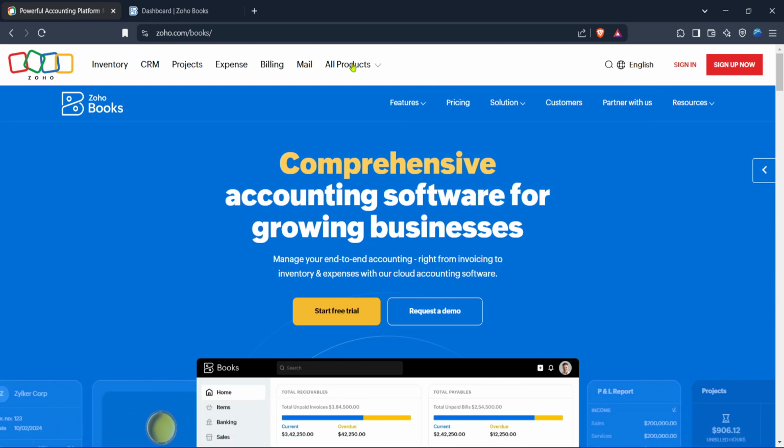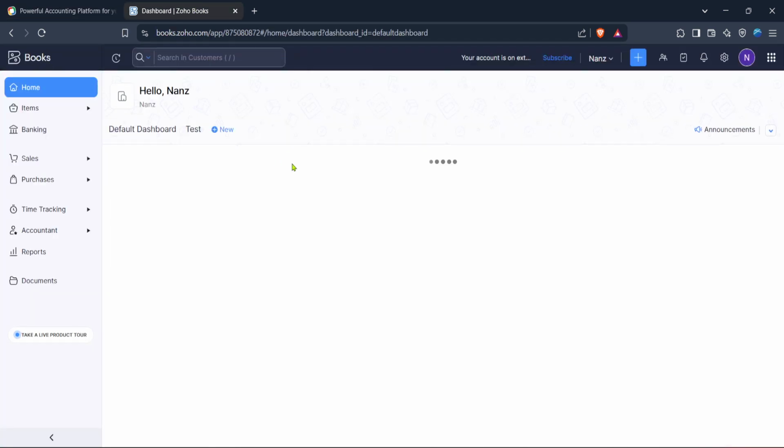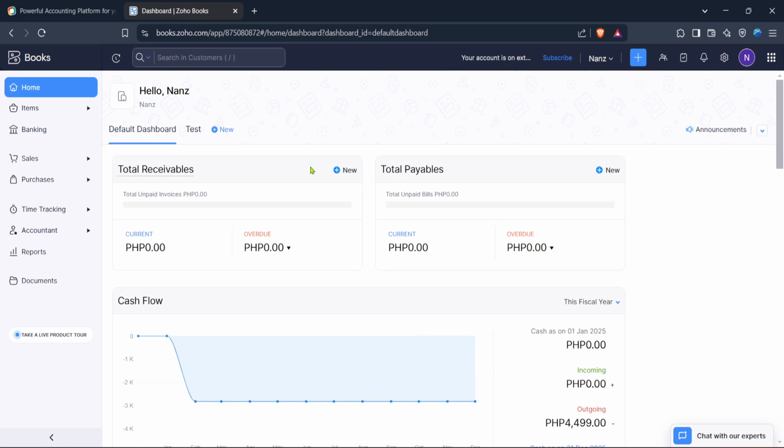Next, you'll want to locate the Sign In button. It's usually in the upper right corner of the page. Clicking on it will direct you to the login page where you'll need to enter your credentials. Make sure you have these handy. If you're not yet a registered user, you might need to create an account first. Zoho asks for a few basic details, but once that's sorted, you can sign in and proceed.